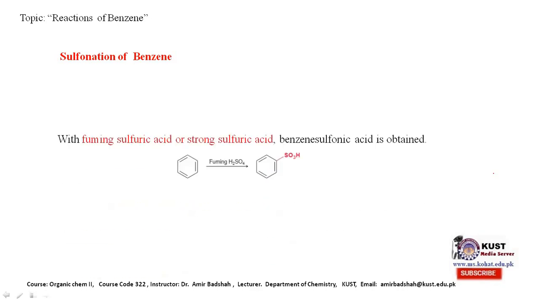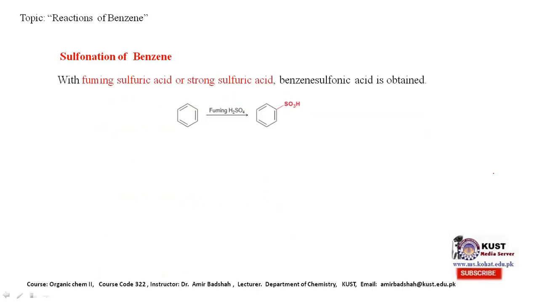The other topic is the sulfonation of benzene. Sulfonation can be done with the help of fuming sulfuric acid or very strong sulfuric acid. Fuming sulfuric acid is that sulfuric acid in which sulfur trioxide is present, and it is also called strong sulfuric acid. It can also occur through concentrated sulfuric acid too. So what happened here? Here the hydrogen is replaced by a sulfonic group, so that is why it is called